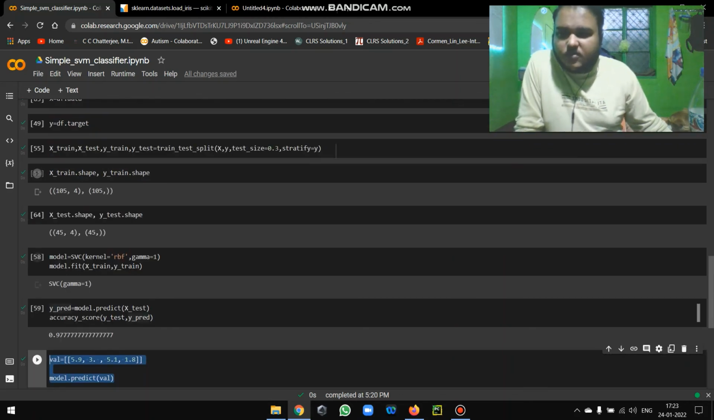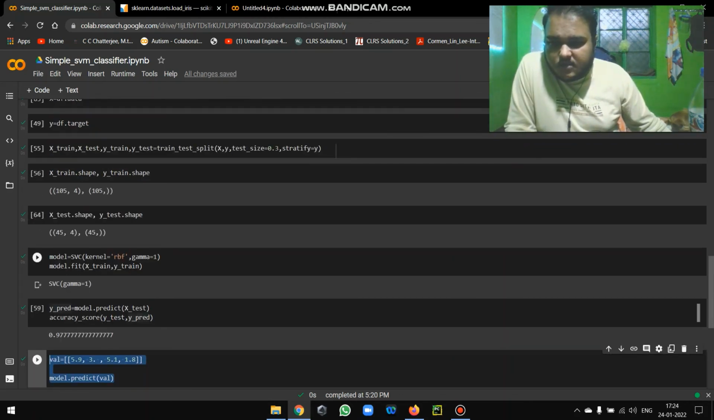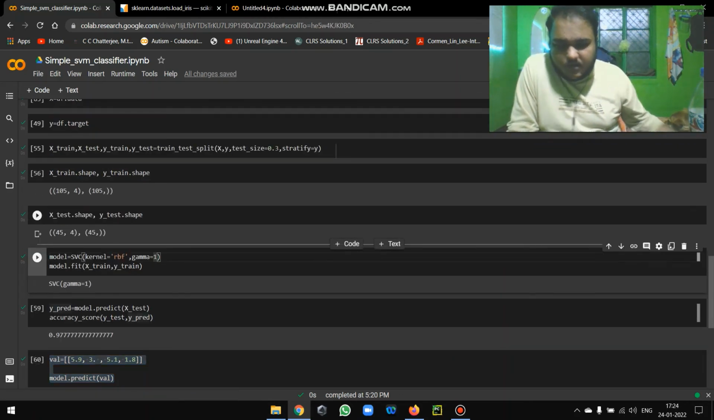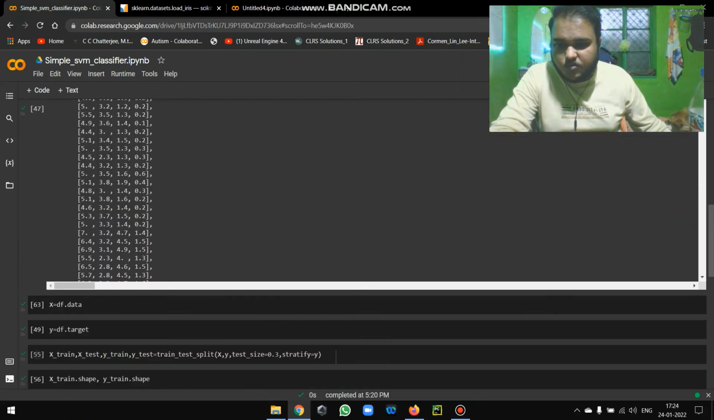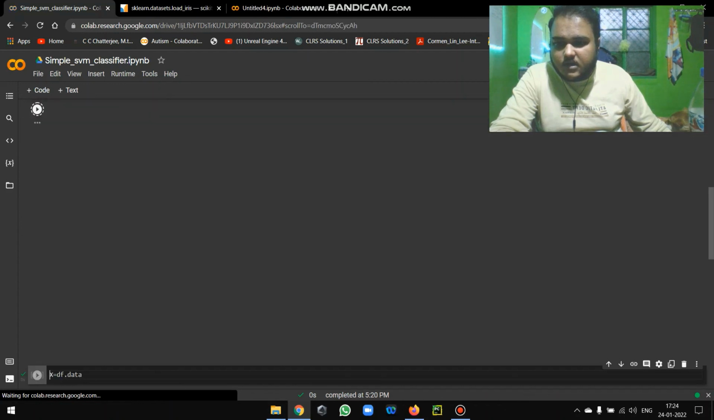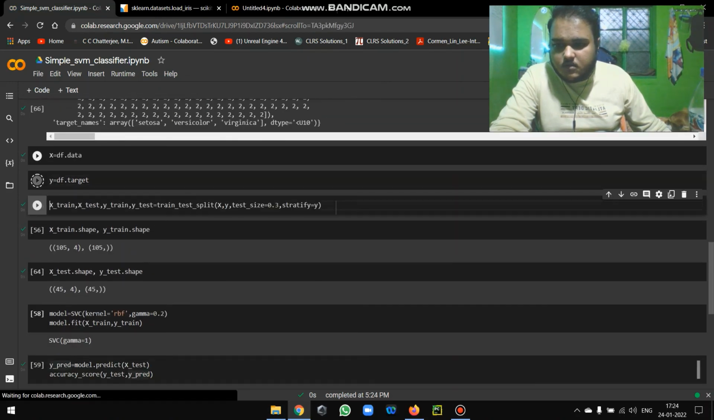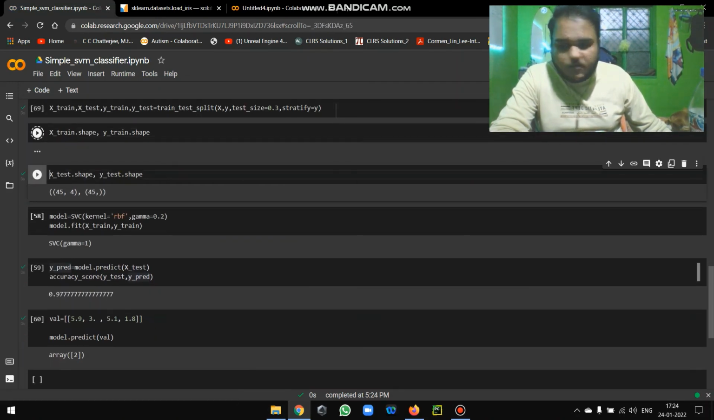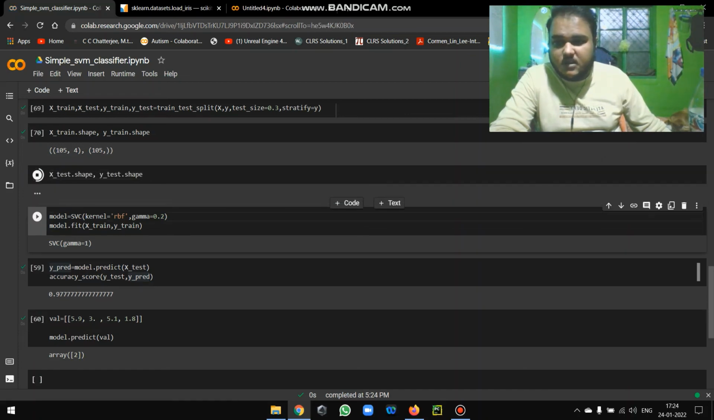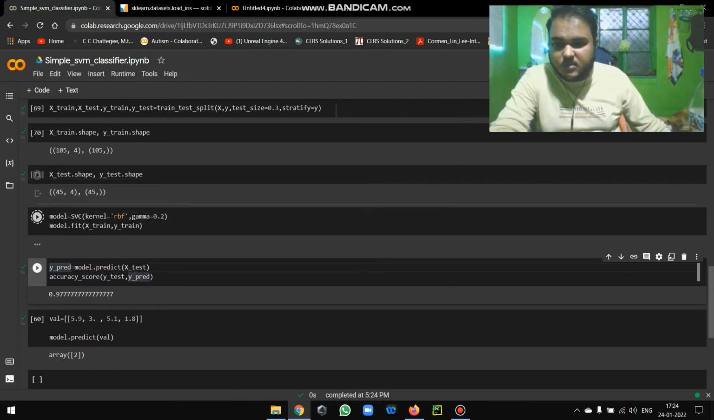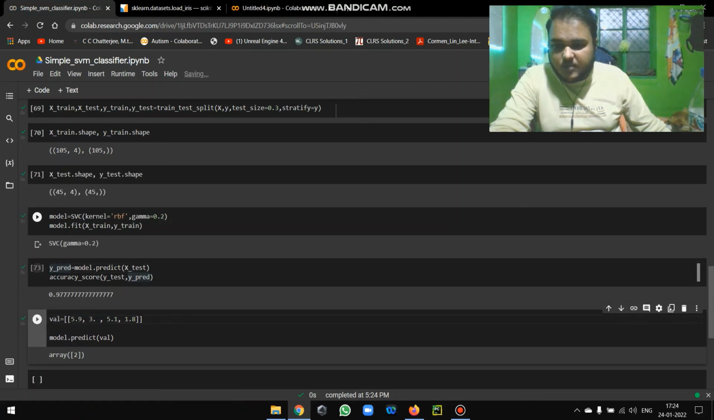Now just before going, I can show you what these kernels actually do. For example, if I reduce the gamma value from 1 to 0.2 and rerun, the important part in Colab is that you can simply run every cell continuously one after the other using Shift+Enter, and you will run every cell, right? So similarly, if I do this with gamma 0.2, the accuracy remains the same,